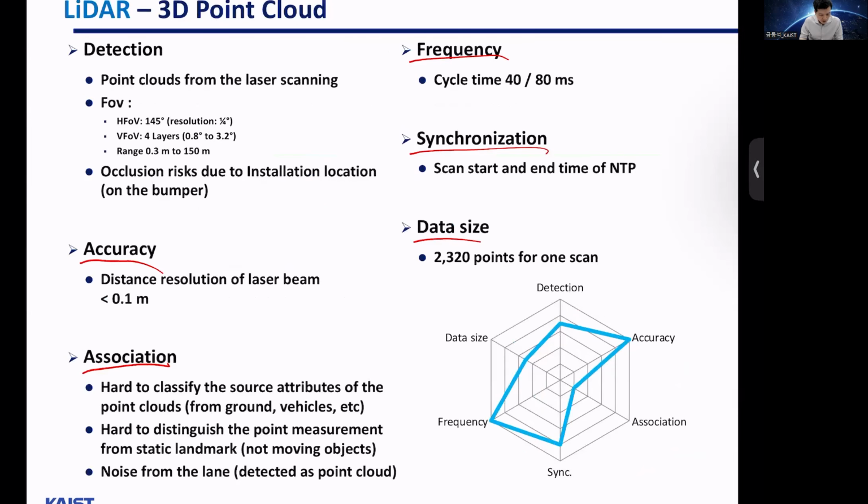So in the case of LiDAR, we have a 3D point cloud, and we can draw this radar chart for different types of sensors. As you can see here, LiDAR gives you a good, fast frequency rate and accuracy from highly accurate laser beam information. But then data size tends to be larger, and association